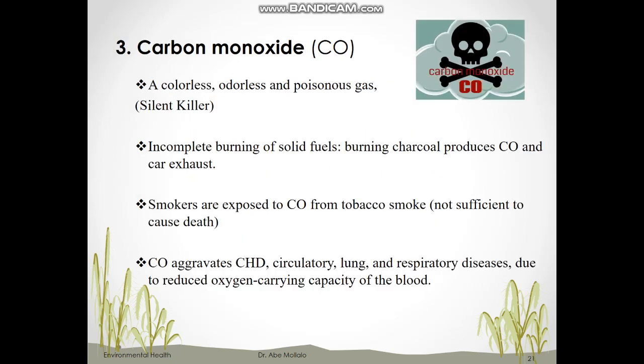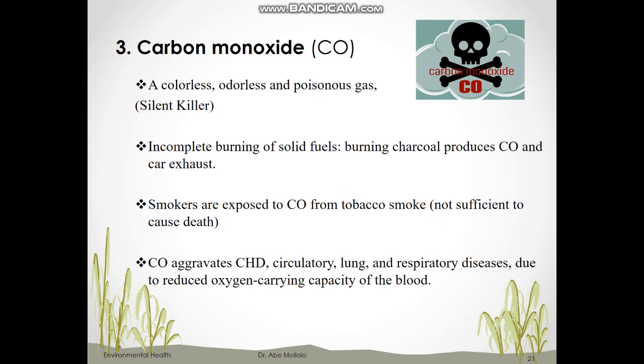The next criteria air pollutant is carbon monoxide, which is a colorless, odorless gas and extremely poisonous. It can kill animal and human in minutes of exposure. That's why it is also known as silent killer, no odor, no smell. Carbon monoxide is produced by incomplete burning of fuels in all forms, gas, solid, or liquid fuel. Burning charcoal and also leakage in gas refrigerator can produce CO.